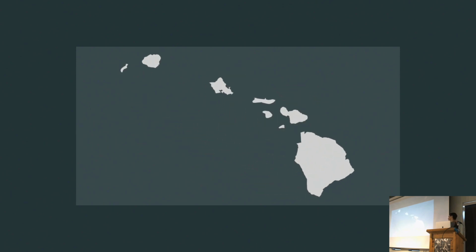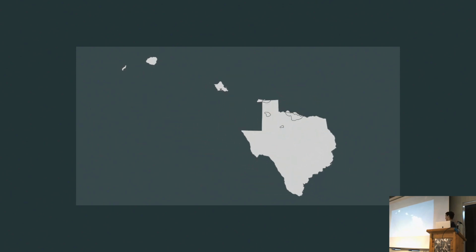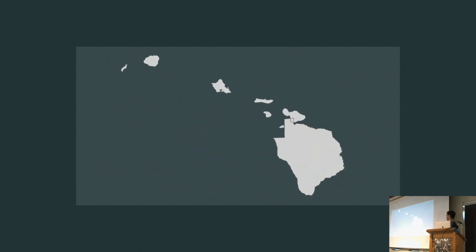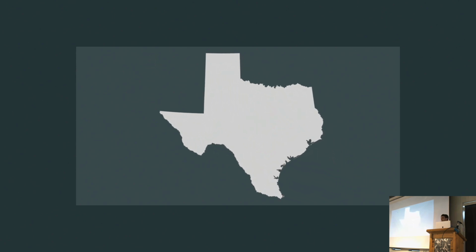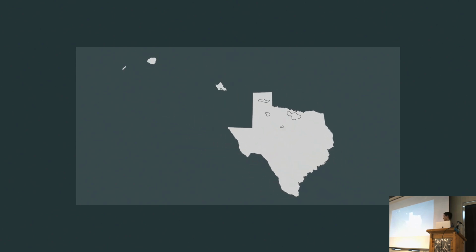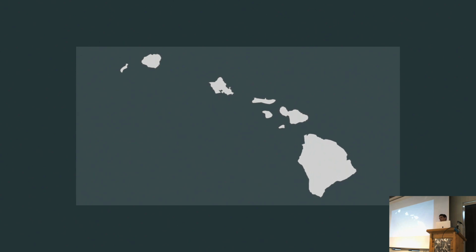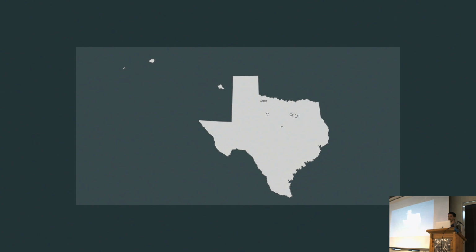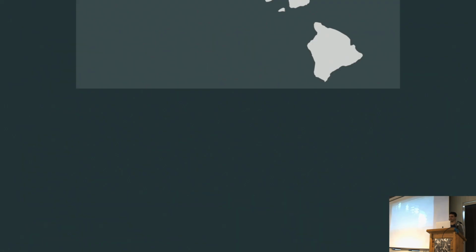So the obvious question here was, is there a way to automate this? Like, is there a way to automate the splitting up of Texas into 8 shapes? You can use Shapeshifter to do this, obviously, by using that split up tool that I mentioned. But how can you automate it? And so I went back to the drawing board with this,